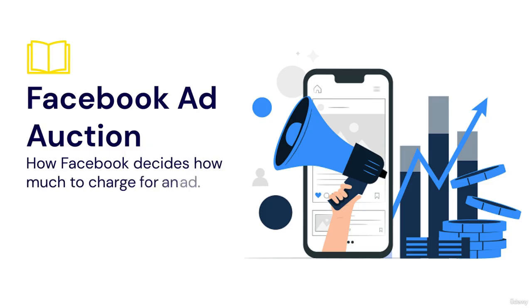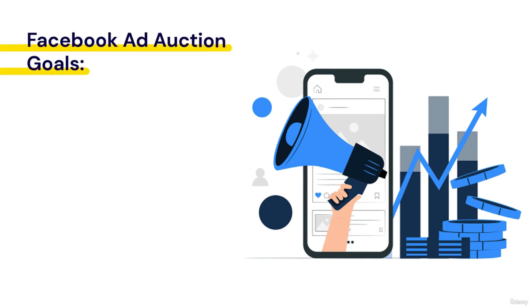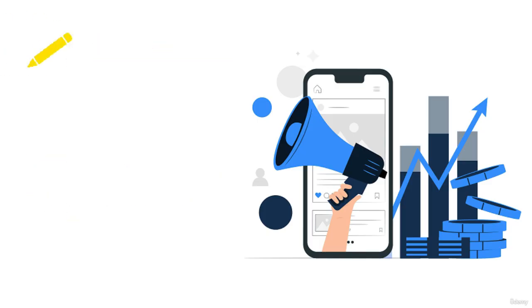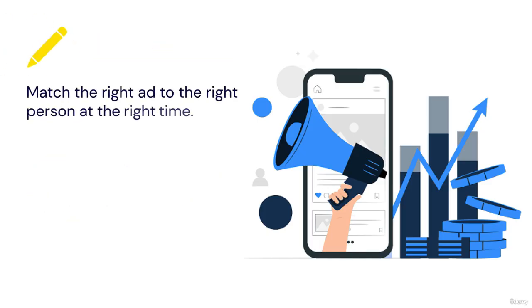The Facebook ad auction is how Facebook decides how much to charge for an ad. And the Facebook ad auction is designed to achieve two goals: creating value for advertisers by helping them reach and get results from people in their target audience, while also providing a positive and relevant experience for people who use the Facebook products. And to achieve this balance, they hold an auction to match the right ad to the right person